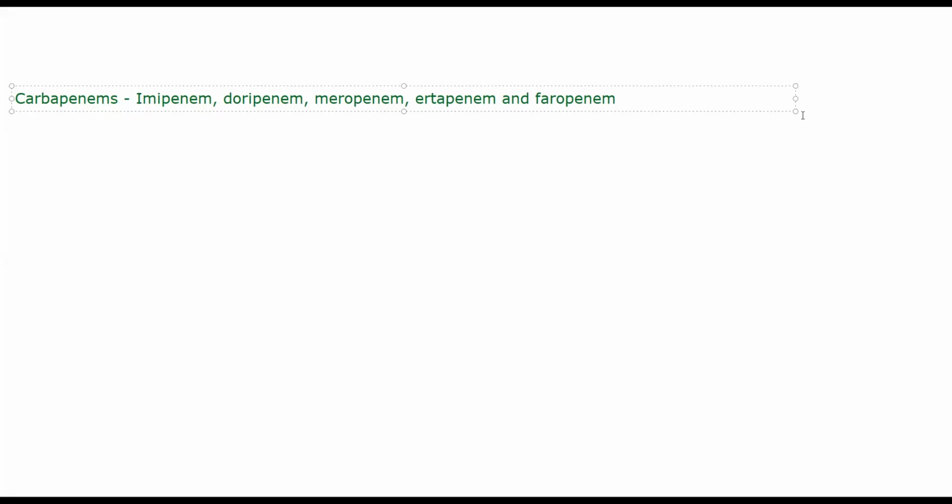Now, carbapenems are good in case of gram-positive and gram-negative infections, both. They are also very helpful in case of anaerobic infections. So your streptococci, staphylococci, enterococci, listeria, pseudomonas, and bacteroides fragilis, all of them respond to carbapenems, which are able to inhibit the function of all of them. Okay, they are able to kill those bacteria. Again, they will work the same way, by cell wall synthesis inhibition, by breaking down peptidoglycan.